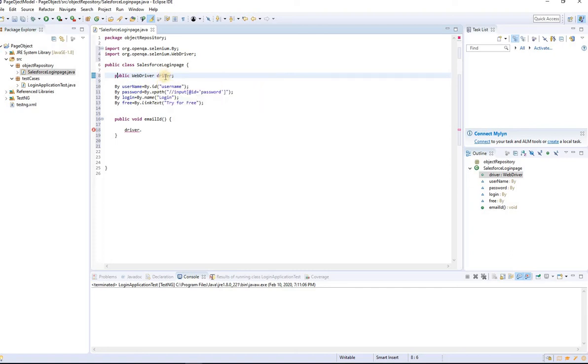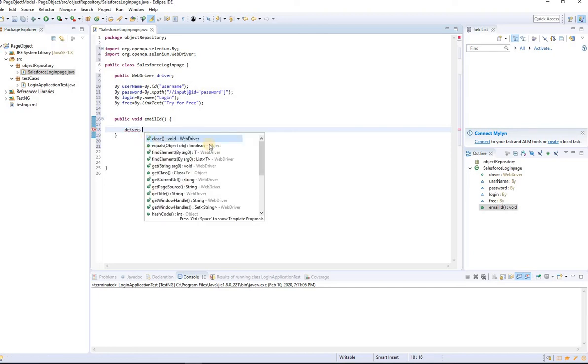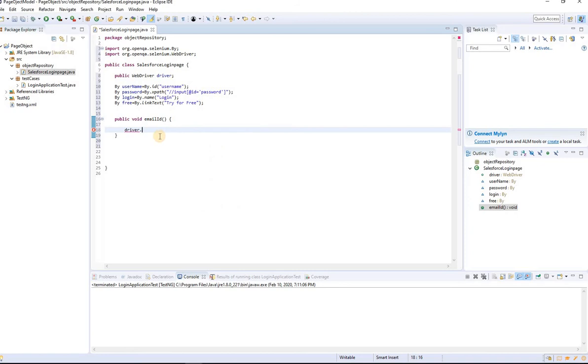Okay, this driver doesn't have the real knowledge about the exe, the executable driver file. This is just a variable. So that's why you can see, if I try driver dot, I can still see the methods, because I imported the related package. The WebDriver's related package is over here, so I can see it. I will try driver dot